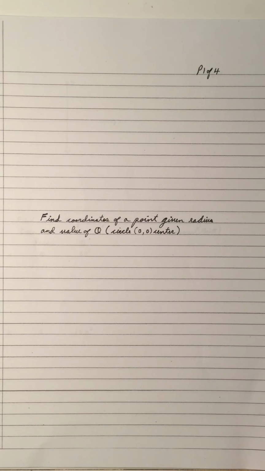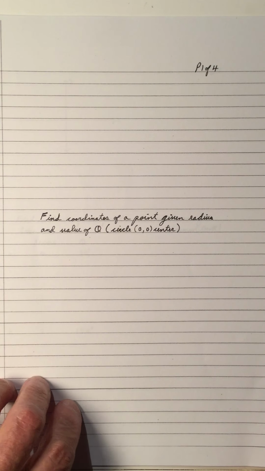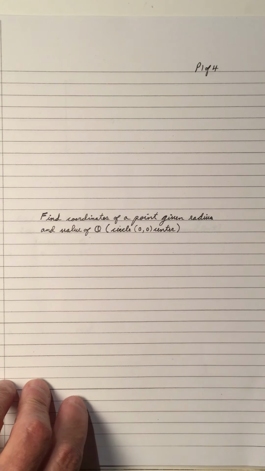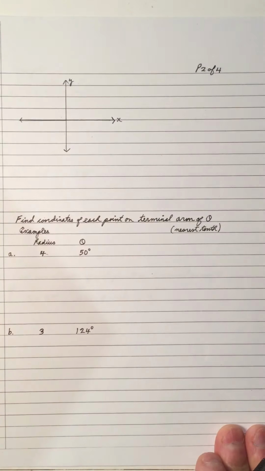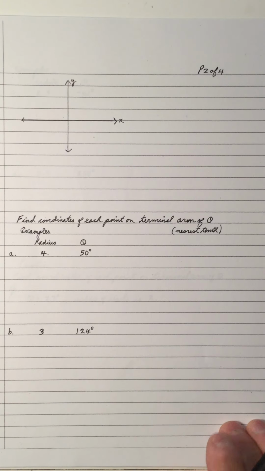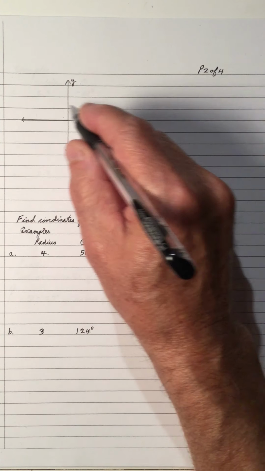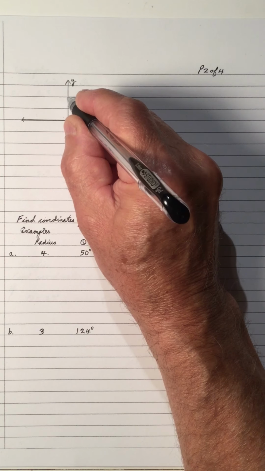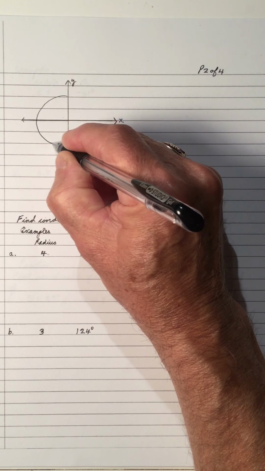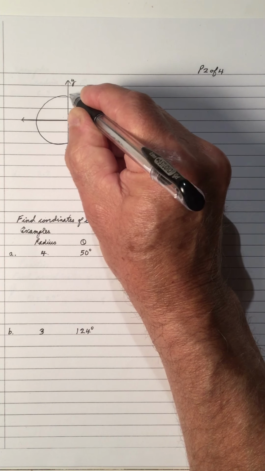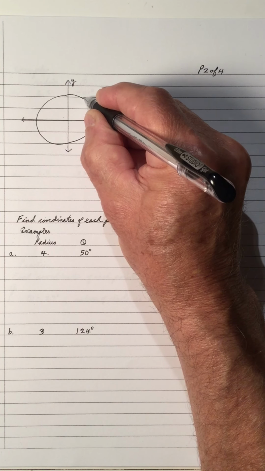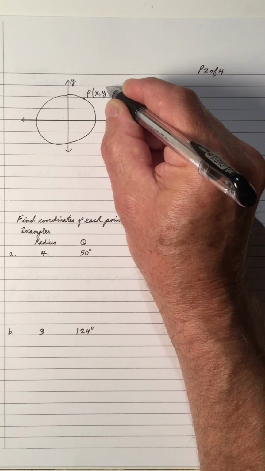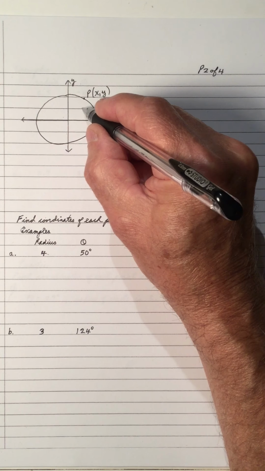Hi, welcome to my video on finding the coordinates of a point given the radius and the value of theta, and the circle has 0, 0 center. So I have a graph here with XY axes, or actually a grid. So let's draw a circle on this axis, and let's put a point P on the circle, which has coordinates of x comma y, and theta